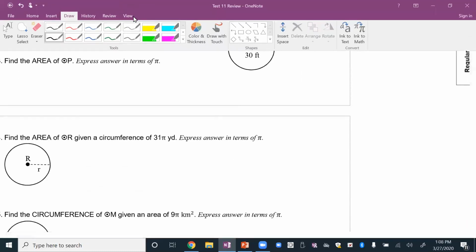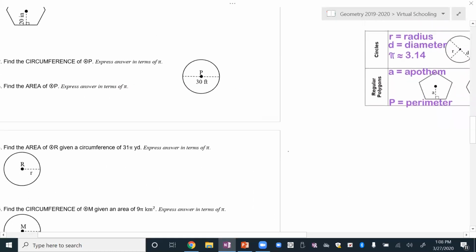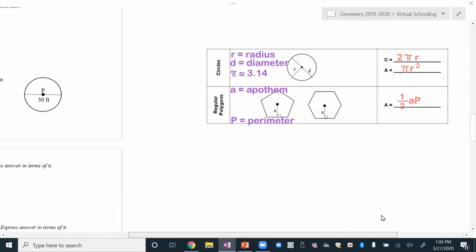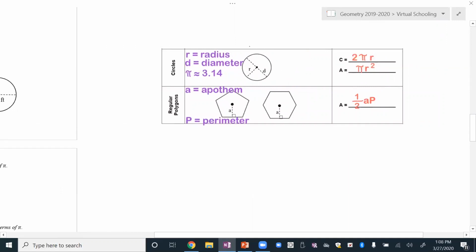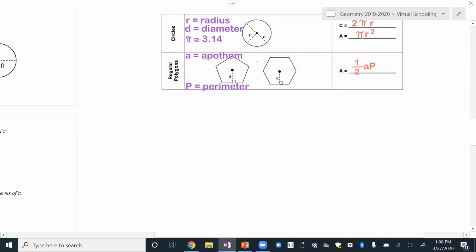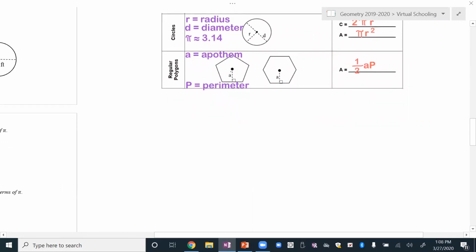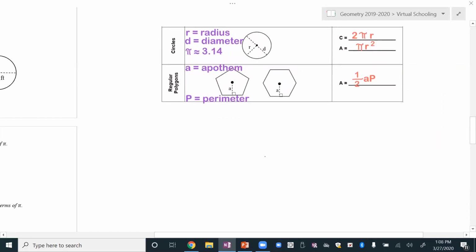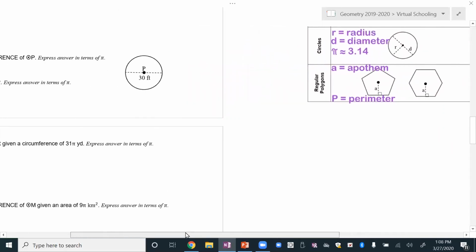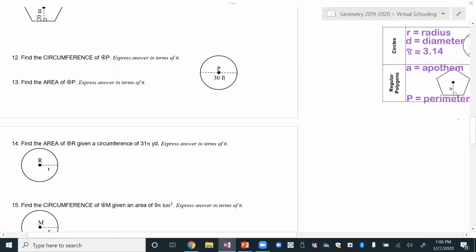Okay, so one thing also to think about is that when you're working with these types of problems, you have to understand what you're given and what you need to focus on. Sometimes they give you the apothem, sometimes they give you the side. They can say this is 10, or they could just say this is 5, and they ask you to solve for the missing side of it. So I would suggest watching the videos on It's Learning that have the examples of regular polygons and circles. But one that I want to cover is